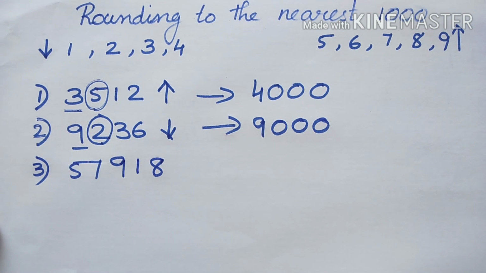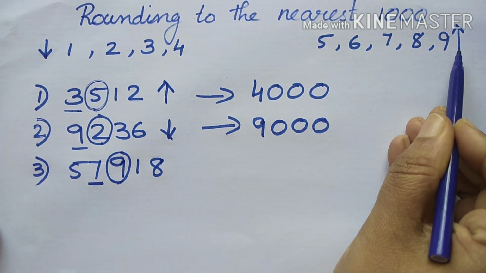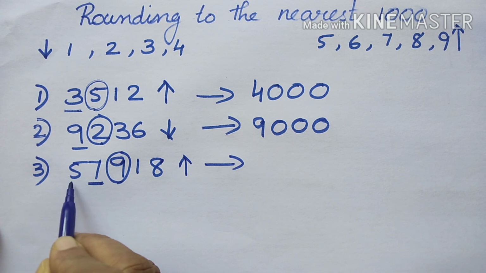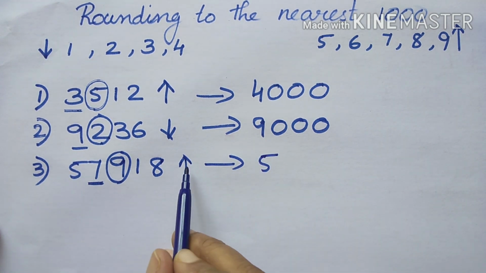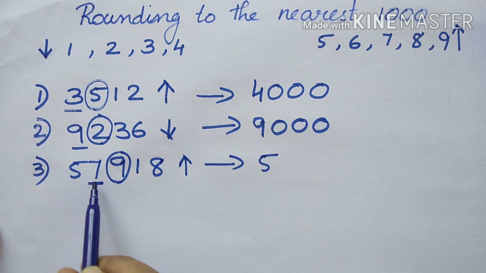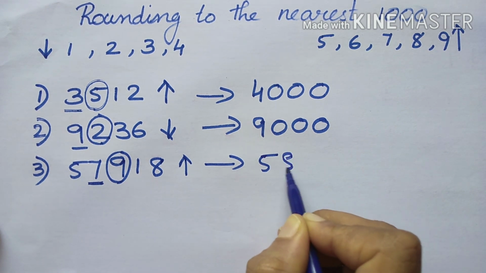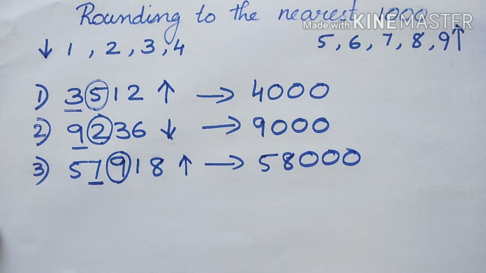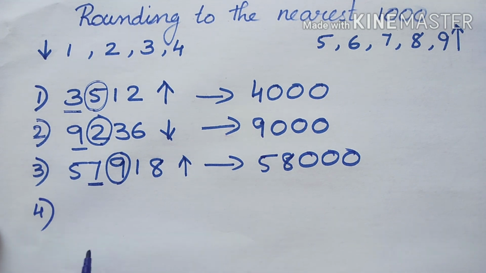57,918. Underline the number in the thousand place. This is the thousand place, and see the number right to that number, 9. 9 is greater than 5, so you have to round up. So answer is, this 5 you can write it as same itself. The number in the thousands place you can round up. 7 becomes 8. Then balance number you put it as 0. Next example,